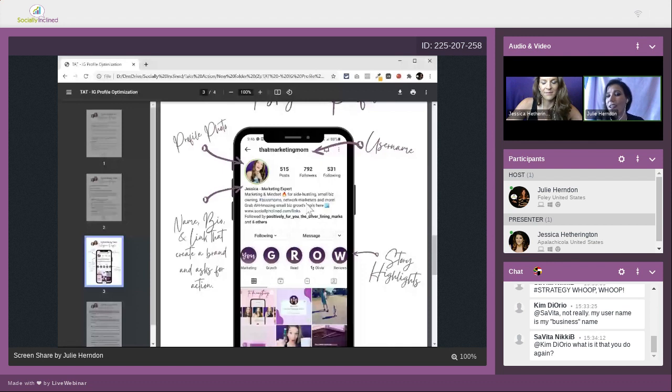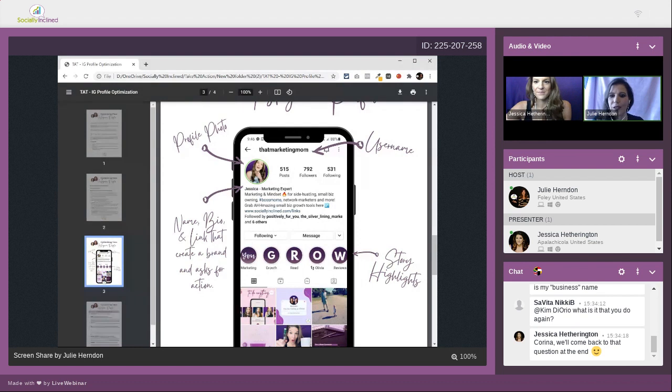And then you can see her use of fire and the little arrow pointing down. I may pull up the Socially Inclined one here shortly, just to show a different version of that, same but different. So you also can make bulleted lists. I've seen what happens is it pushes and makes this much longer. So you could make a bulleted list of side hustlers, small business owners, boss moms and network marketers. Bam, bam, bam, all with an emoji. So I've seen that too.